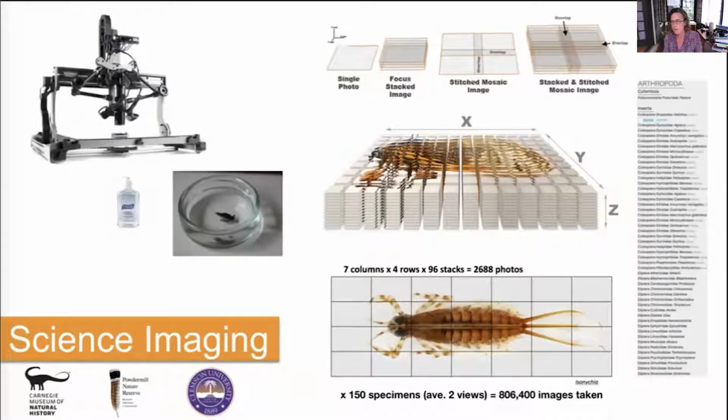So this site is foremost based on images, right? And we worked very closely with the Carnegie Museum of Natural History, Powder Mill Nature Reserve, and the entomologists at Clemson University to gather the specimens and then use this special high resolution gigapixel imaging technology where we took a single insect and divided it up and took lots of small images, and then went through a focal stack and then stitched and rendered these all together to get these really high resolution zoomable images. So that's how you're getting the level of detail and that seamless zoom through different layers.